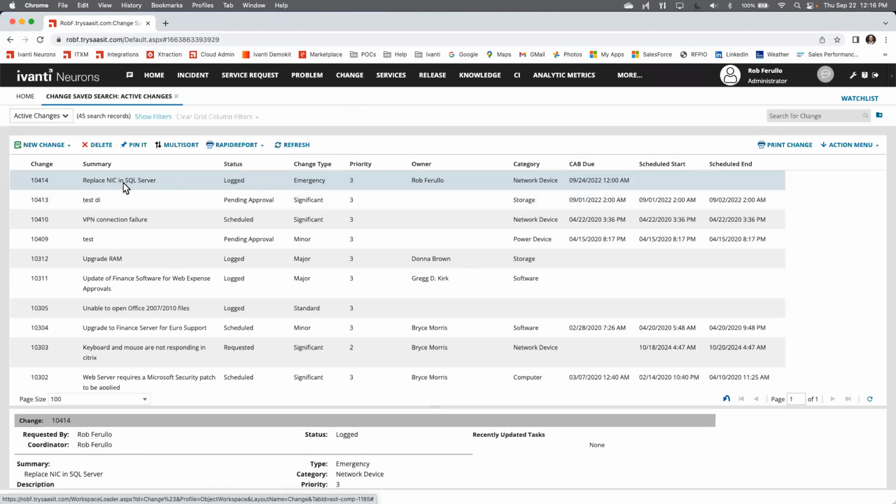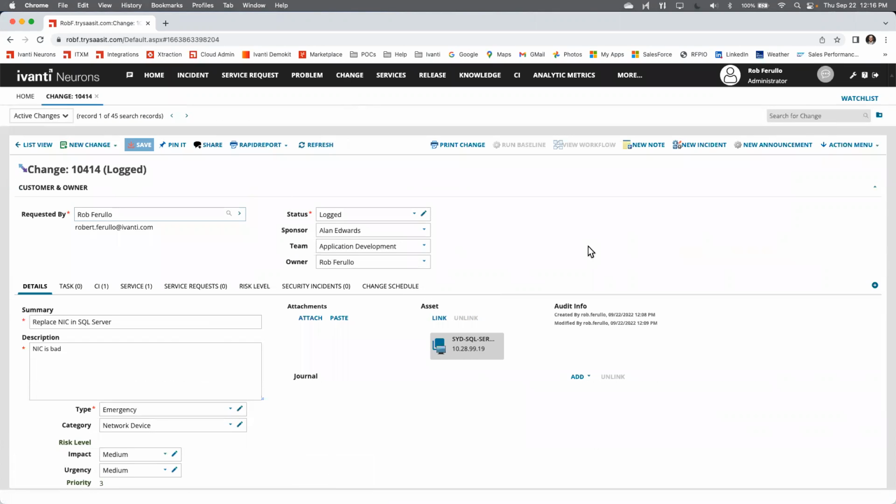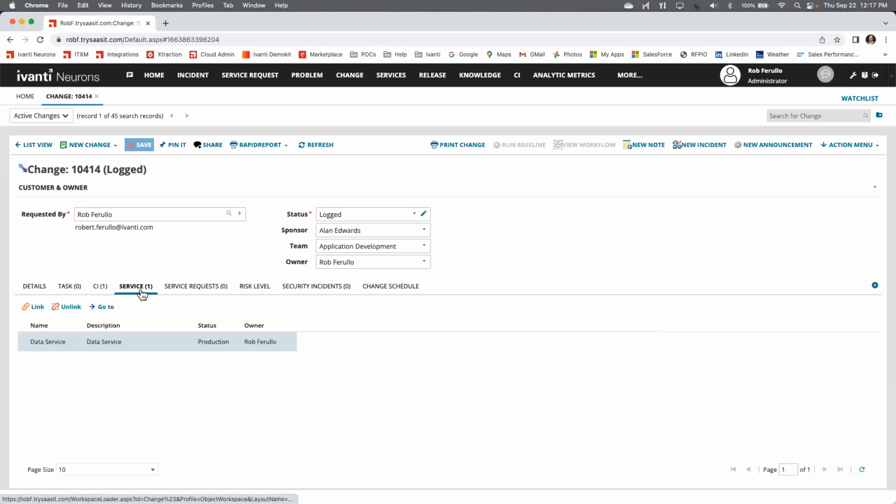Here's a change that I've just started. Before I submit it to the CAB for approval and potentially have to stand up and defend my change, let's take a look at the change that's created here. This is to replace a network card in the SQL Server. As you can see, I have an asset attached to this change. This is the SQL Server whose network card is going to be changed. We're also affecting the data service because this is the service that's down. This is the service that customers are calling in about. They can't access Microsoft SQL databases,